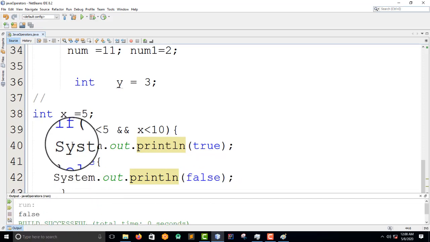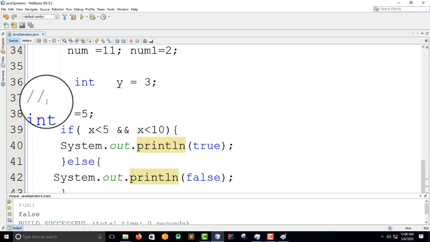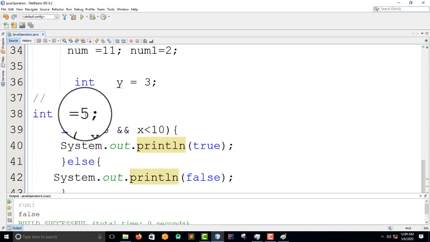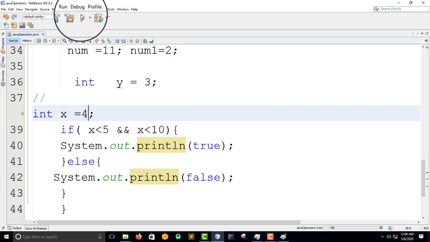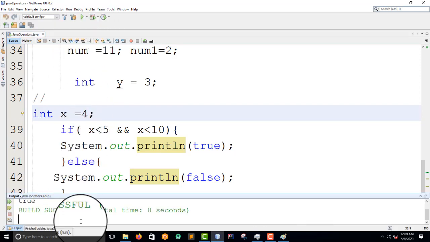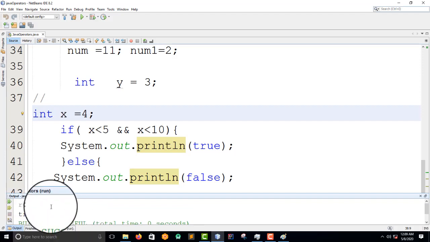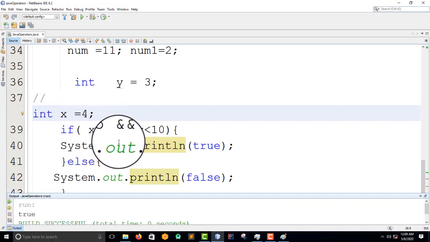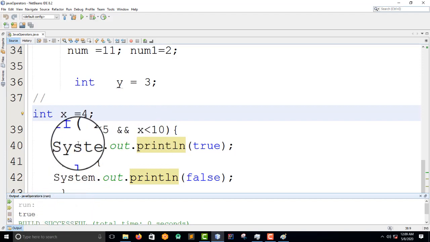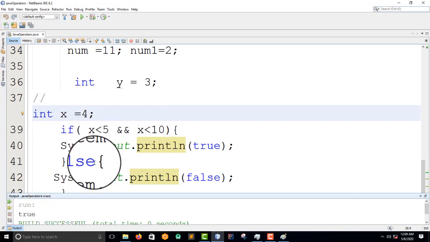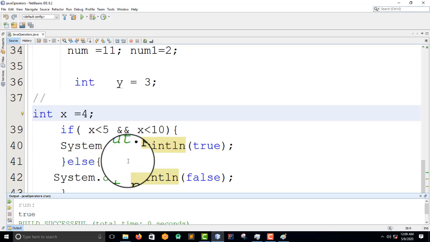This statement is so confusing, I'm so sorry, but at least you have seen it. For example, if we change this, then it returns true, showing that x is less than 5 and x is less than 10, so it's true. Guys, I'm so sorry for this, and I hope that I will be able to explain better in the next video. Thank you so much, and goodbye.